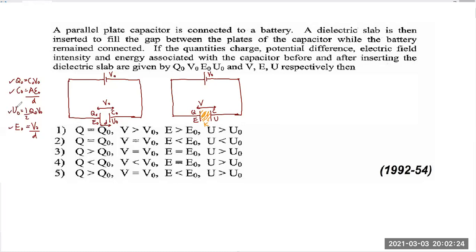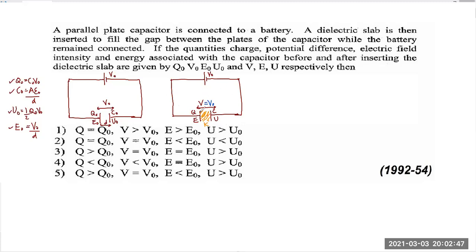Right. Now, in the earlier example, charge was the same because once you remove the battery, the circuit becomes incomplete. The charge from the capacitor can't flow. But now the battery is intact. Therefore, the voltage will not change because now the battery will control the voltage, right? As long as you have connected the capacitor across the battery.